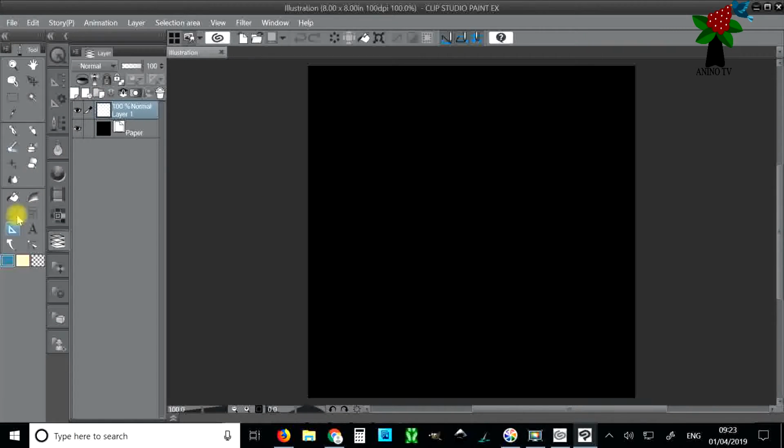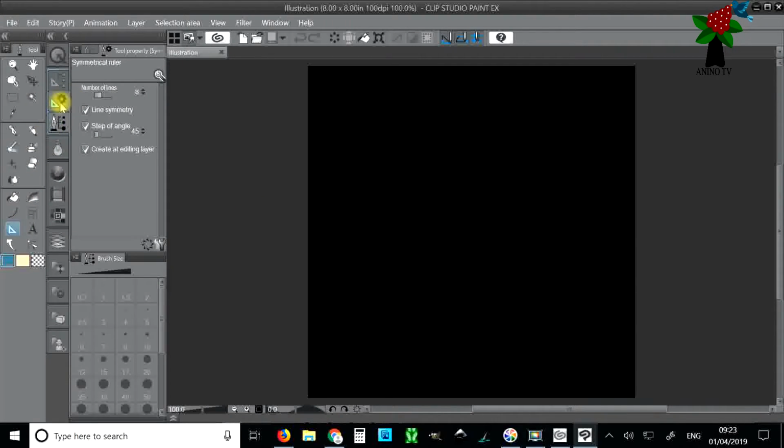If you're happy with the setting of the ruler, just click anywhere you want it to be on your work surface and the ruler will appear. So I just click slightly in the middle, and it appears. So when you are happy with it,